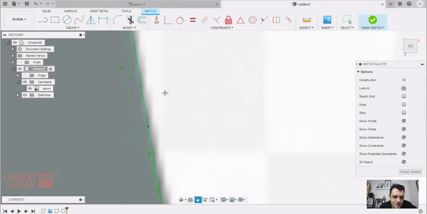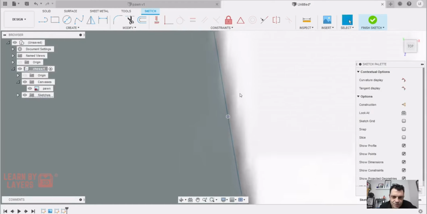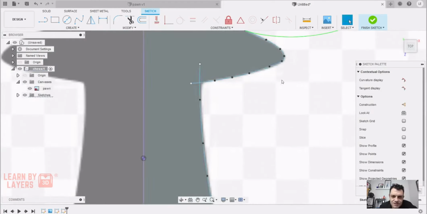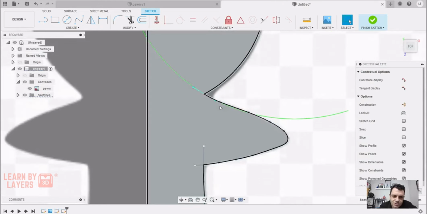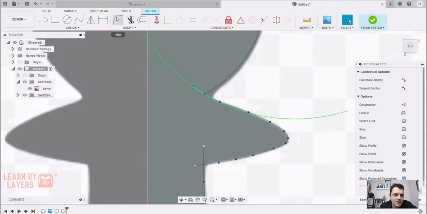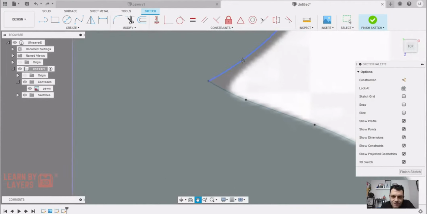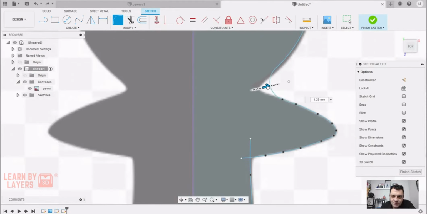If you wanted to reposition any of these points, you could pick them up and just drag them and reposition them, which is quite good. In Fusion, you can reposition your splines. But what we're going to do is use the fillet tool to put a curve here. So we click on fillet, and we're going to put a fillet on these two lines here. We're going to click here and then click there, and we can see we've got 1.6. So we can just pull that